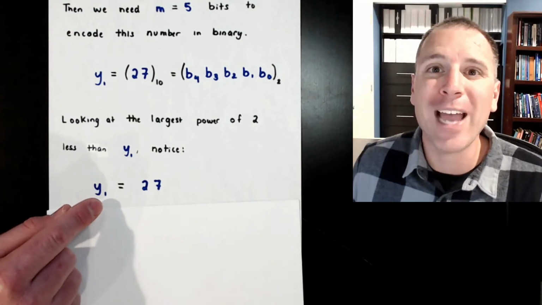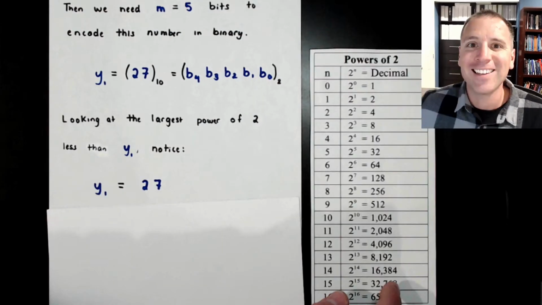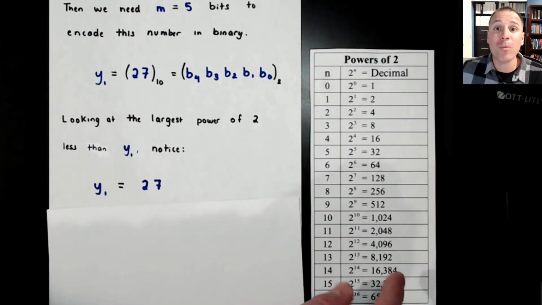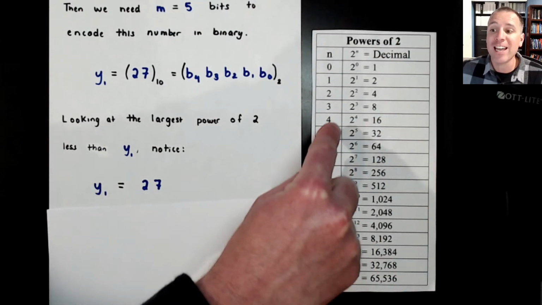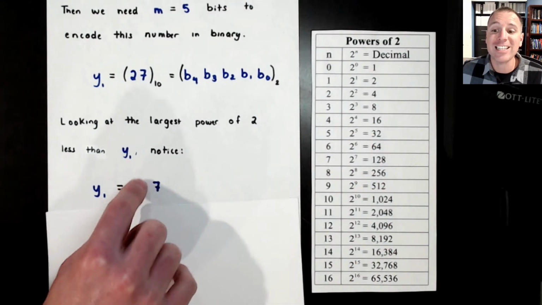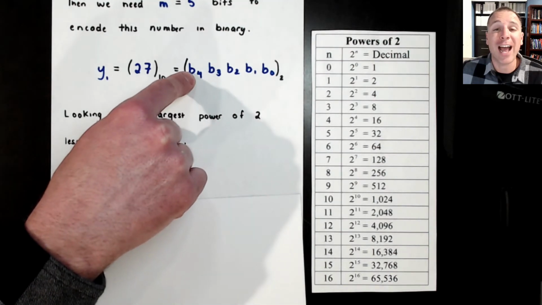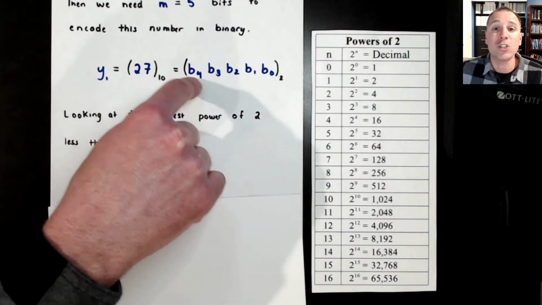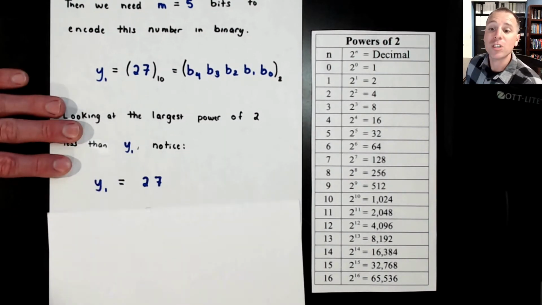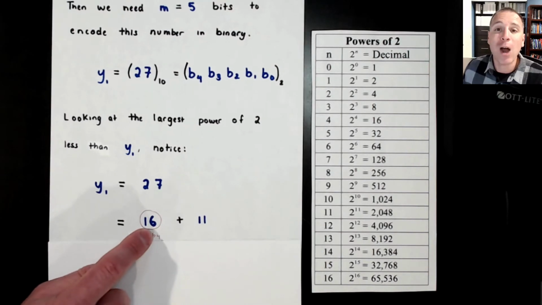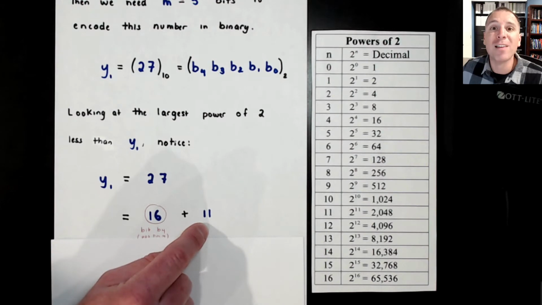The first question that we ask ourselves is, what is the highest power of 2 that is less than 27? This is where we go into the Rolodex of our memory or into our wallet where we keep a table of powers of 2. Notice that 2 to the 4th, which is 16, is the highest power of 2 that's less than 27. We also recognize that, based on the fact that we're going to have 5 bits, the highest power is 2 to the 4th. The moment that we know that 16 is less than 27, we can decompose the number 27 into a pure power of 2, in other words, 2 to the 4th, plus some extra information that is a sum of less significant bits.